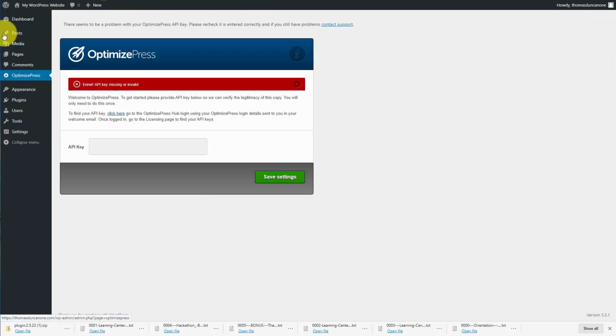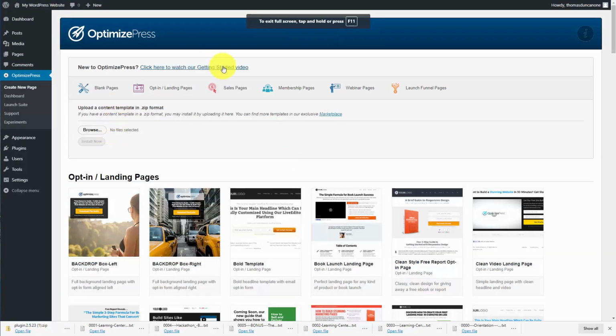We're then going to place in our API key, and we're going to click Save Settings. And we are now at the point at which you are going to be